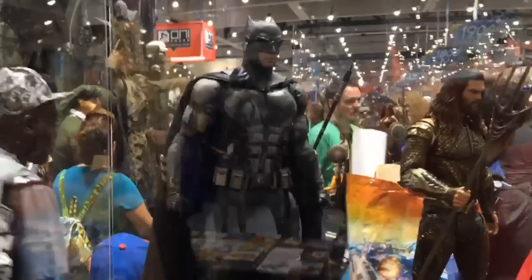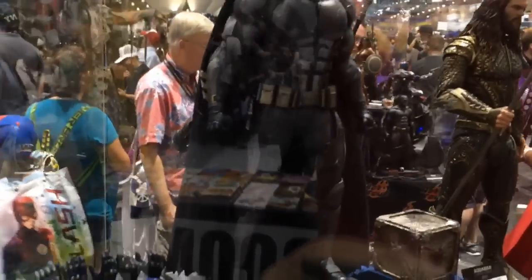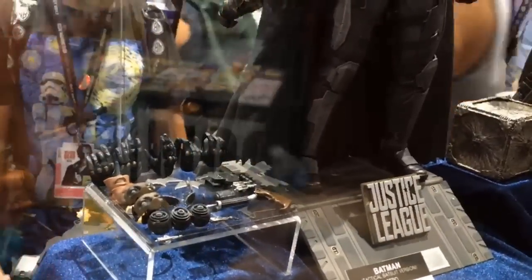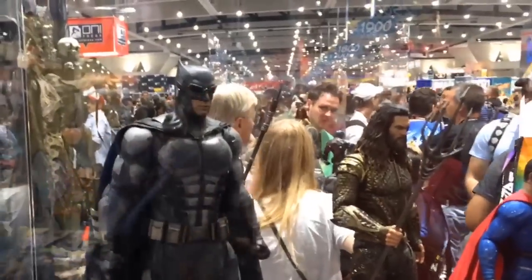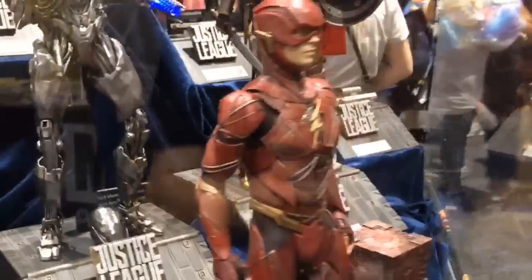Up at the top, we've got Tactical Suit Batman. So slightly different than the one that's just below him, and those are a bunch of accessories. It looks like Batman will come with some swap out mouth features. So he can be grimacing or he can be stoic. This is the Flash